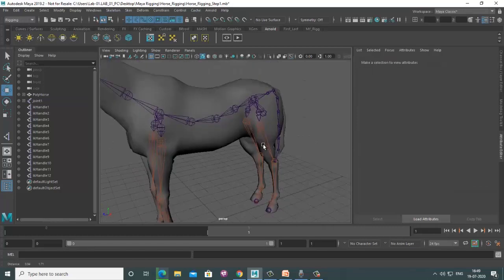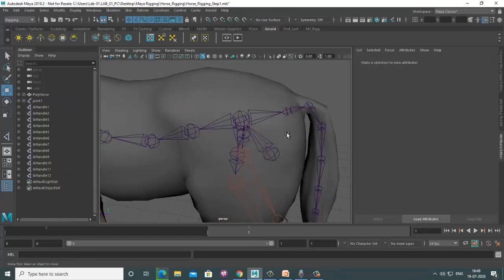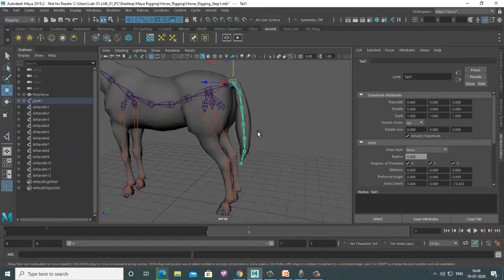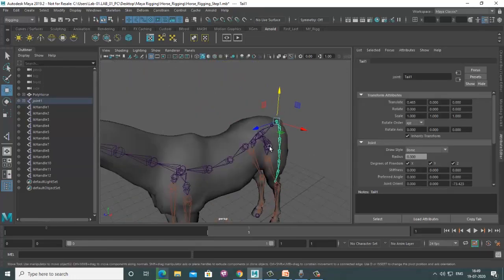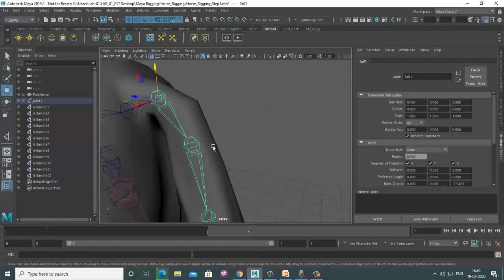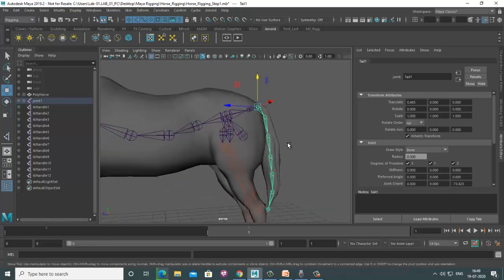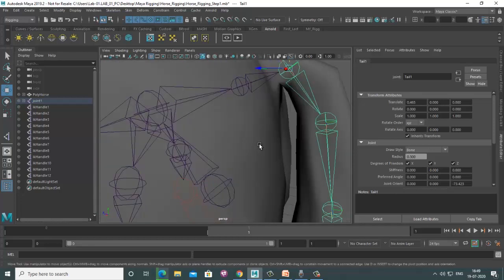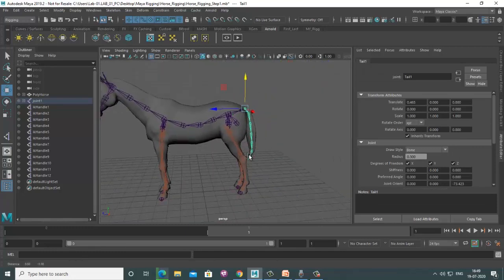So the IK thing is done. Now let's move to some FK for the tail part. How to do the tail things. I have options in the Attribute Editor for making this, but now I am using the FK. So for the controller and again orientation for the constraint. So let's see, do some different controllers.